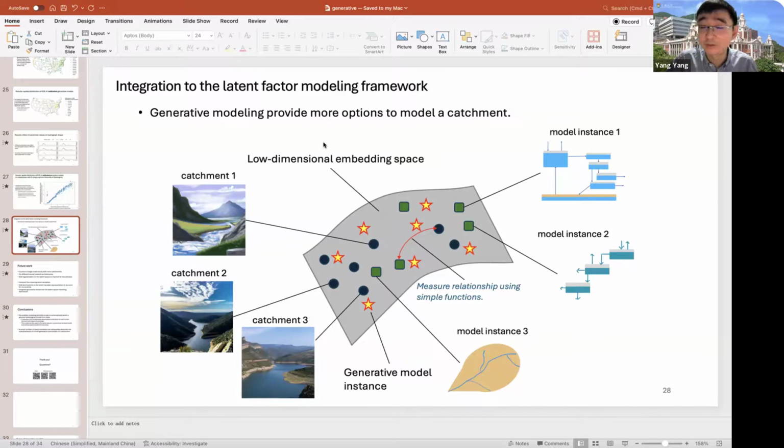Okay, I think that's a very interesting question. That by adding more data, will our space change in shape or in dimensions, or will the geometry of the space change? Will the catchment not lying in the low dimensional embedding? I actually do not have the answers. I think this can be an interesting question to study in the future. But I suppose by having a higher dimension, by adding additional dimension, if we add more catchment, the risk